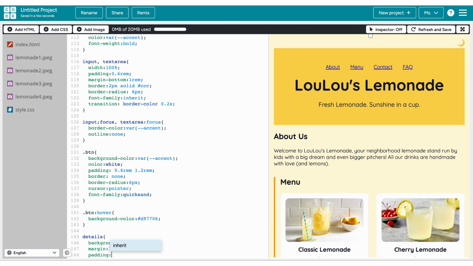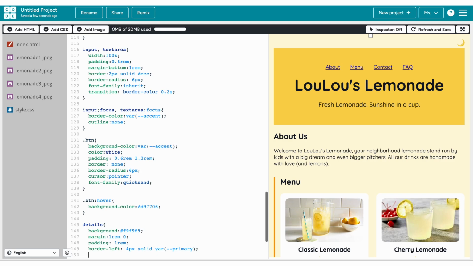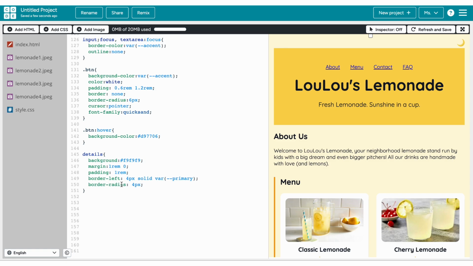And then let's give it some padding. So padding: 1rem. And then let's do the borders. So border-left, and then the size will be 4 pixels, solid var, and it will be our primary color. And then semicolon, and then let's give it a border radius of 4 pixels. So border-radius: 4px;